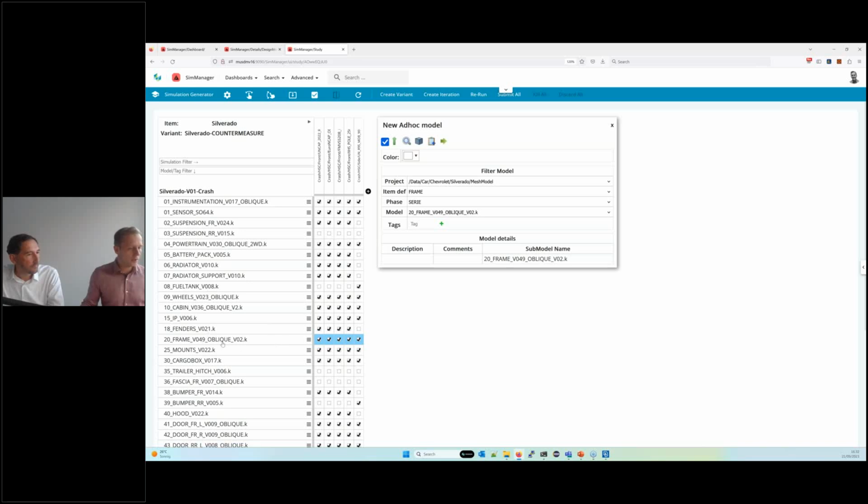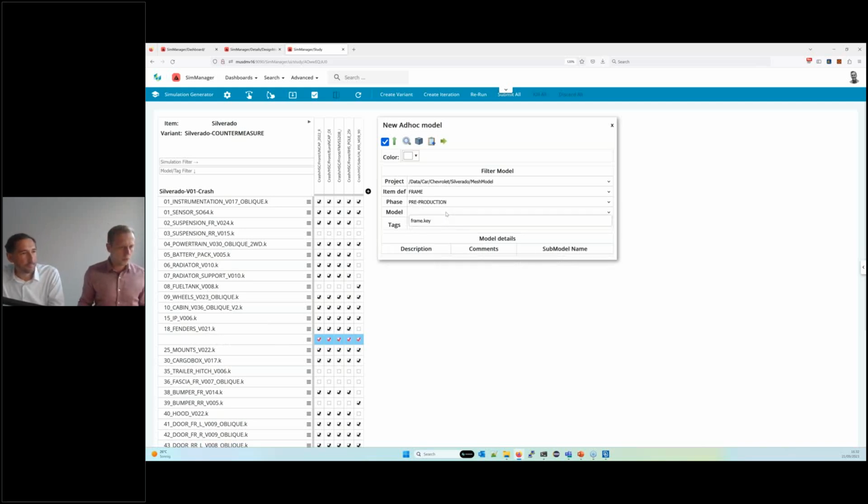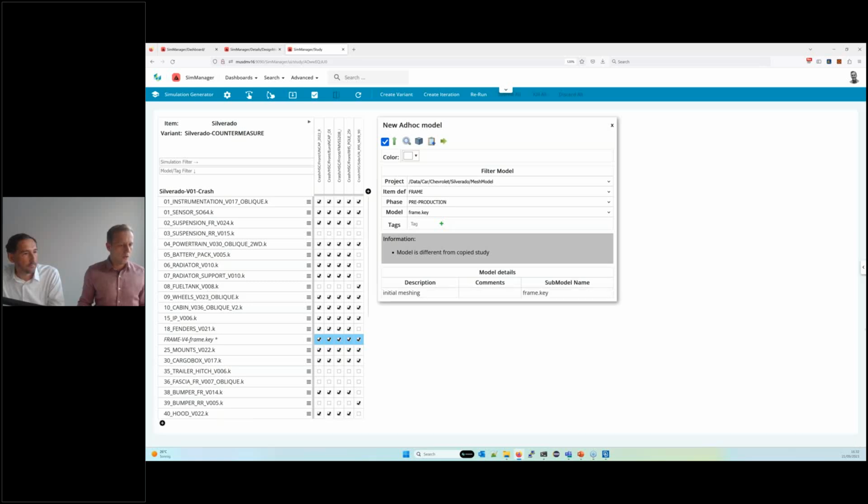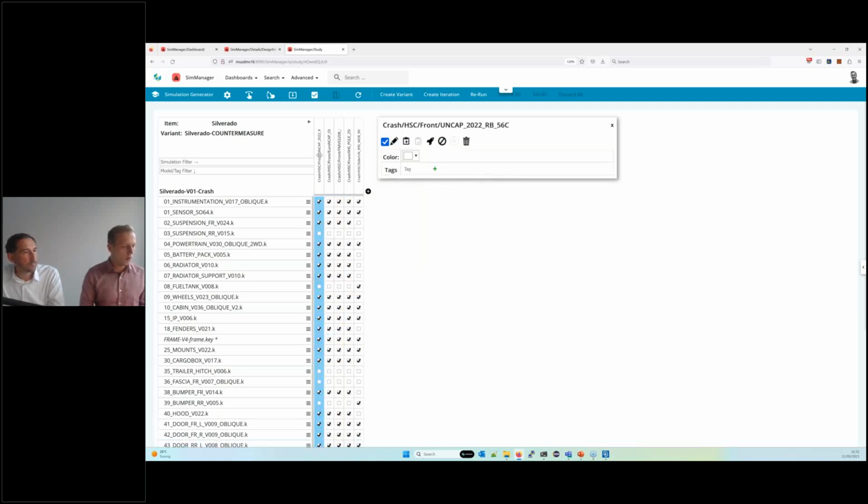By clicking on that line here, we get the so-called model editor. There you can change or filter down your data, or select your data based on metadata. Therefore, we're selecting pre-production and the frame key. And then we've changed one model. When we are ready with our models, we can unset ticks, set ticks, make some changes, and then we can take care of the actual